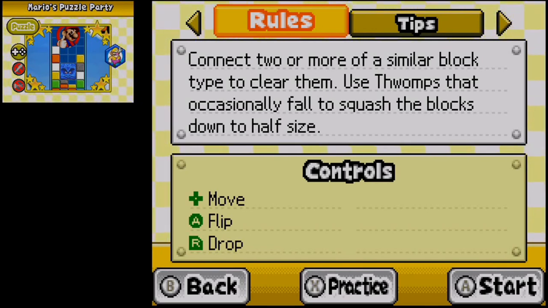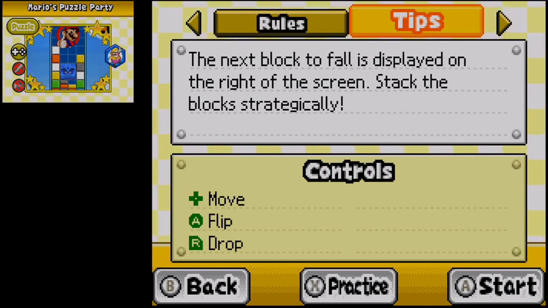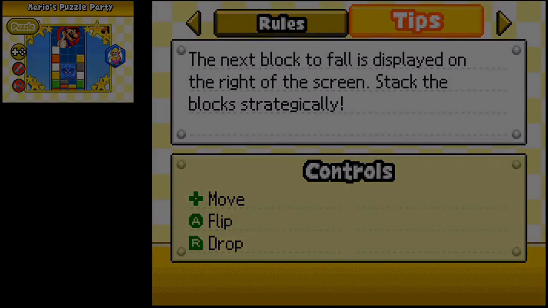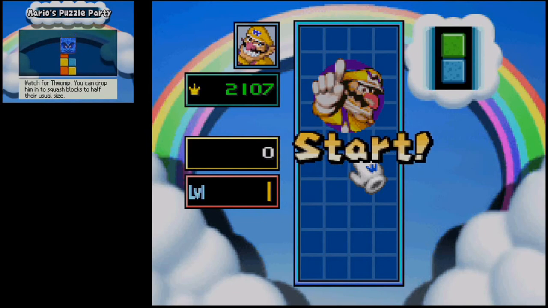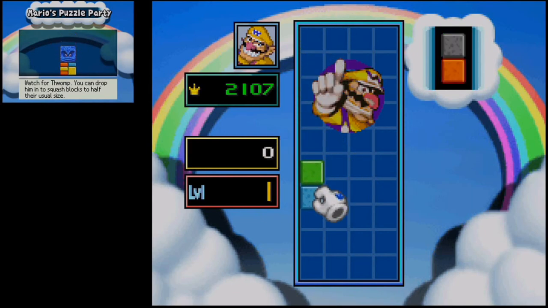Connect 2 or more of the similar block type to clear them. Use swarms that occasionally fall to squish the blocks down to half size. Alright, seems very standard for something almost related to a Tetris game. The next block to fall is displayed on the right of the screen. Stack the blocks strategically. So, if you played the Mario Party 3 version before, in this case the Mario's Puzzle Party